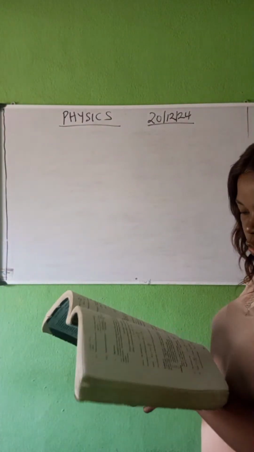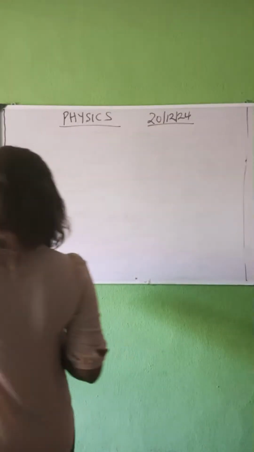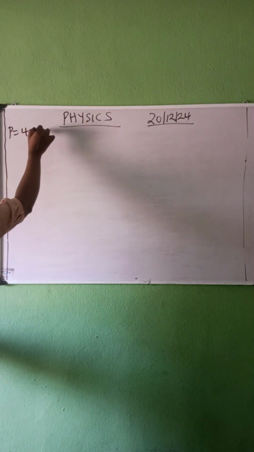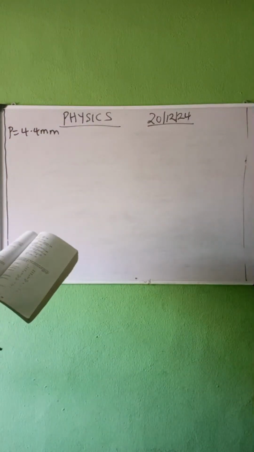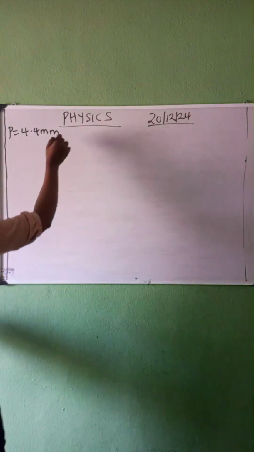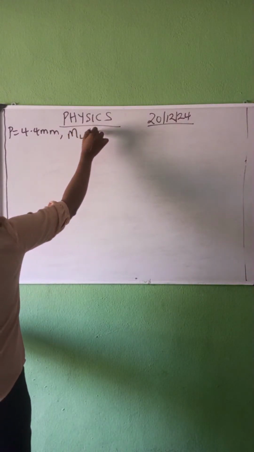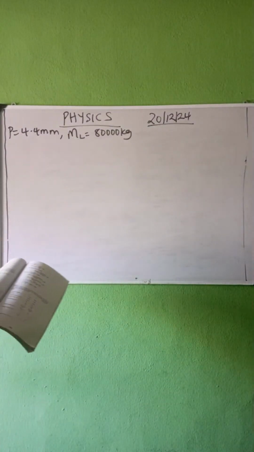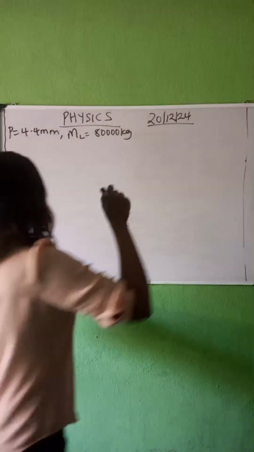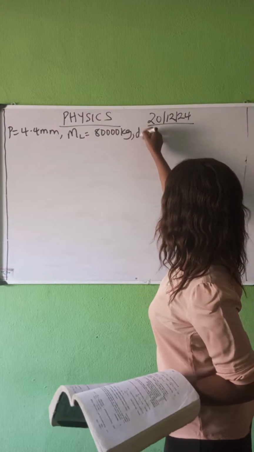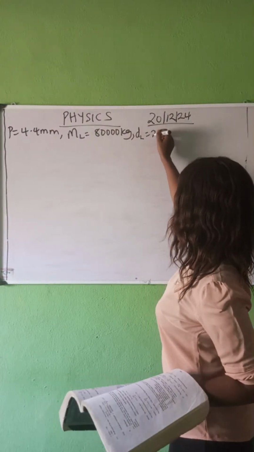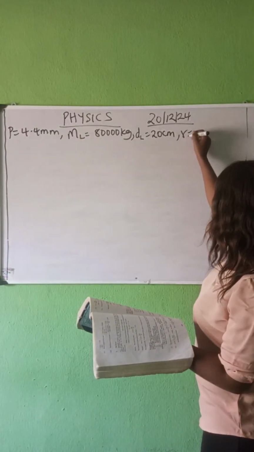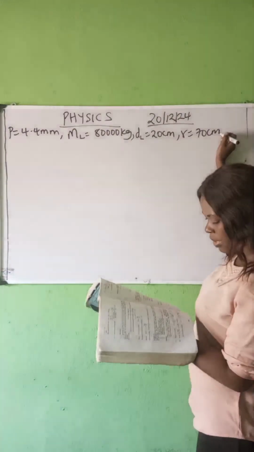Right. Now from the question, our pitch, I hope you are following. Our pitch P is given as 4.4 millimeters. We have the mass of the object, that is the mass of the load, given as 8,000 kilogram. Now the height, that is the distance moved by this object, is equal to 20 centimeter. Then the length of the tommy bar, that is the radius, is given as 70 centimeter,